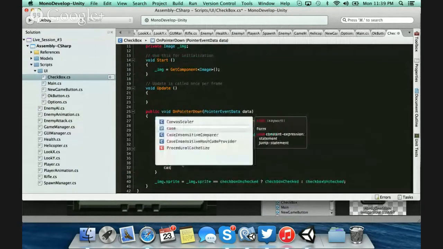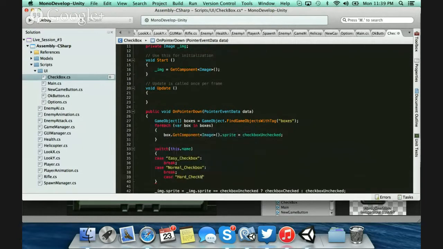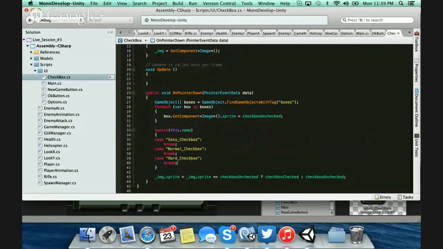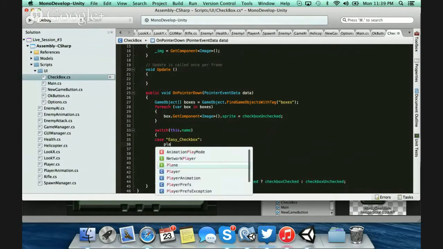All right, we've got a case normal checkbox, and then we also have a case hard checkbox, then break. All right, so switch this.name, case. If the box that we're on has this name, we're going to run this code, and so forth. So if it's the easy checkbox, we're going to go ahead and say here,